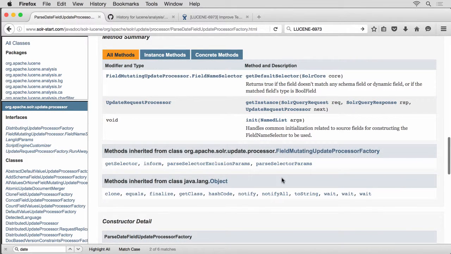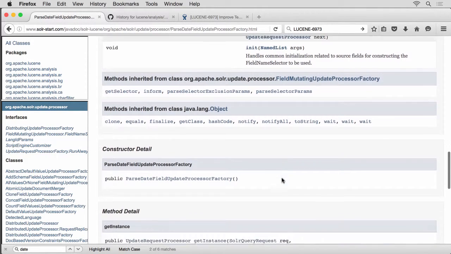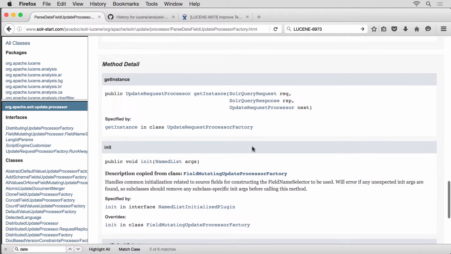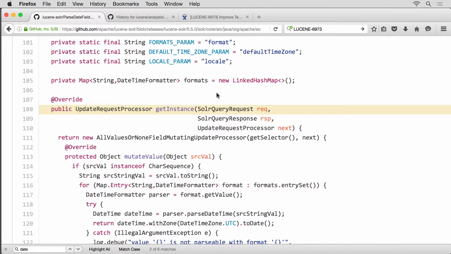We can get there, as you saw, by clicking on the class name, or you could navigate down to the implementation section and click on any field or method names there. In any case, we are on the source code page again, and we can look at the history.